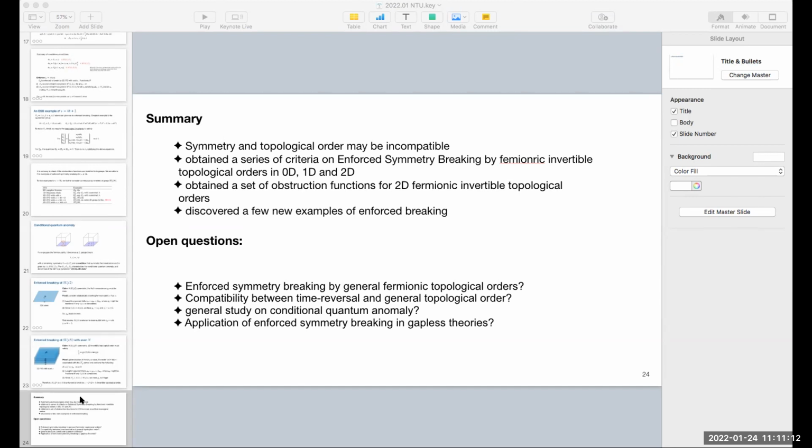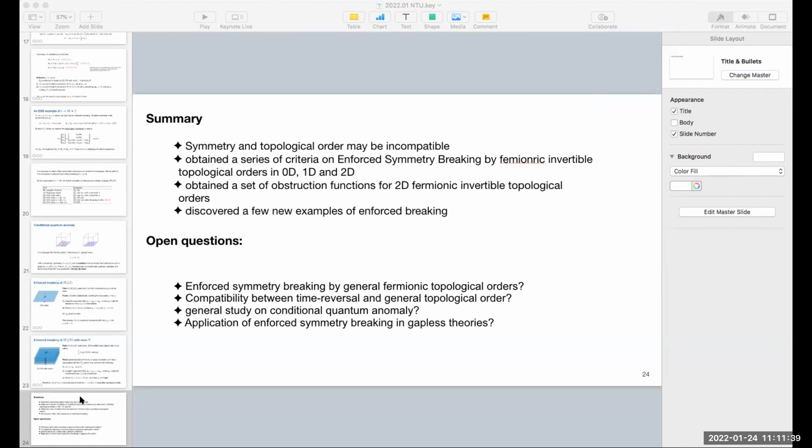So what you're implying is, for example, if I want to realize this topological order using a Hamiltonian, then this Hamiltonian has to explicitly break that symmetry. Otherwise, you can't realize this topological order, right? Yeah. Maybe what you are thinking of is some possible application, like how useful this is, because what I'm talking about are some formal results. So what kind of application can you think of?